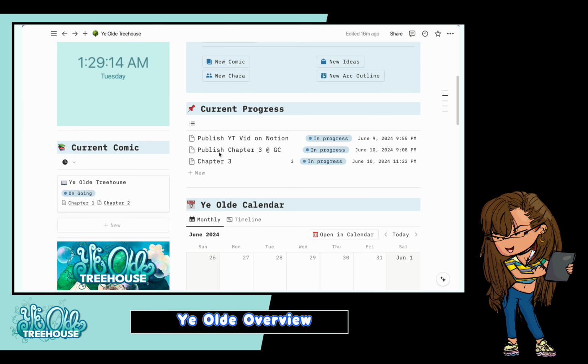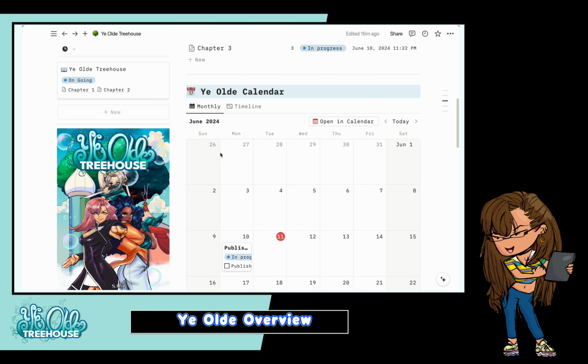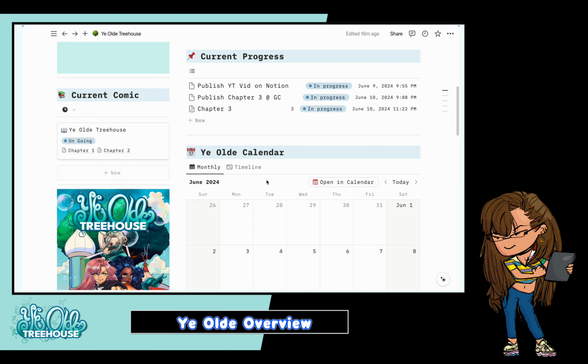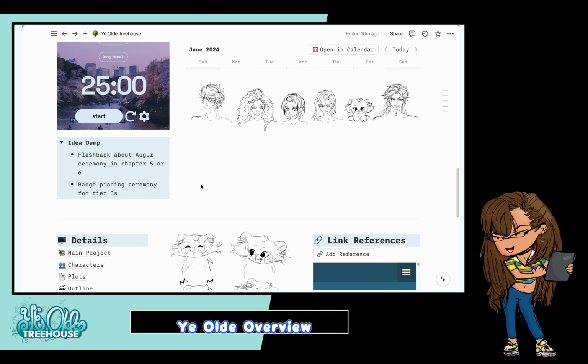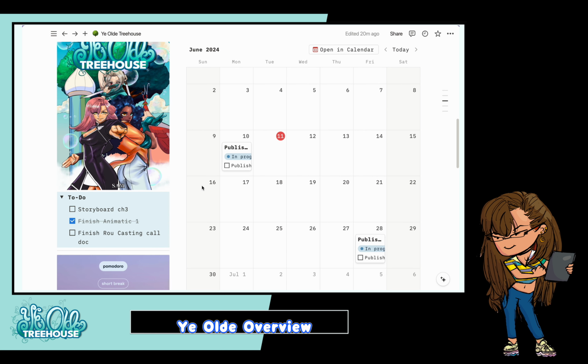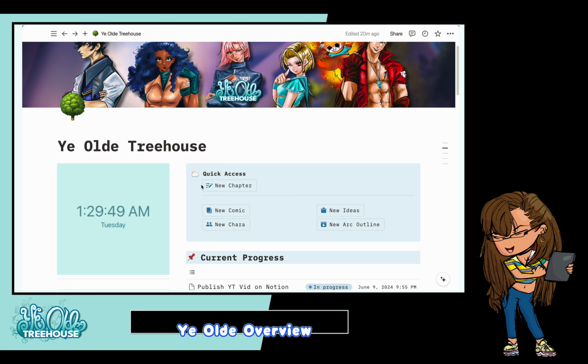It's just different. This is my homepage for my main story, Ye Olde Treehouse. So this is one Notion, you can call it, I guess, I don't want to say file, but this is just the top of the file tree for Ye Olde Treehouse. And each page will form sort of breadcrumbs, will take me to a different part within this entire structure. On the home page, there's a couple of widgets. You can have all kinds of different widgets that you can embed into a Notion page, which makes it very customizable. Mine is not too cluttered, but it has a lot of productivity things which help me out when